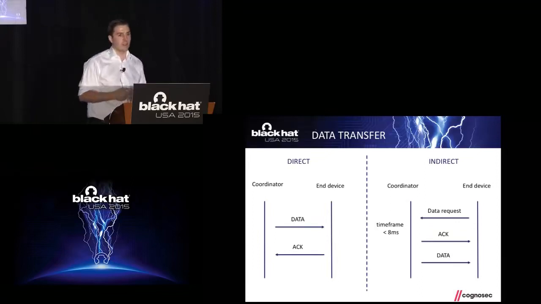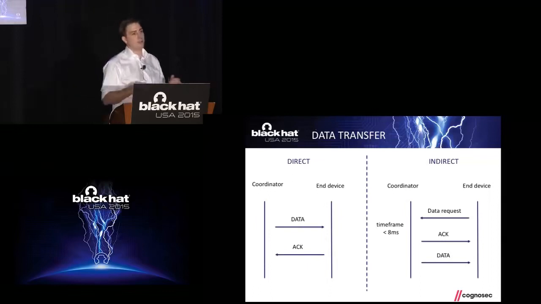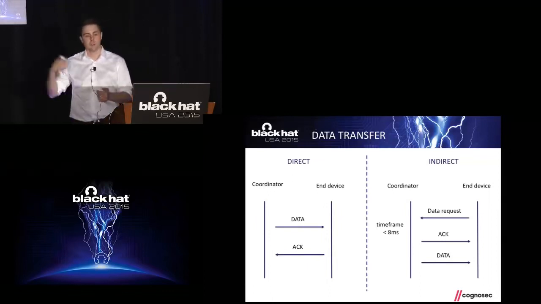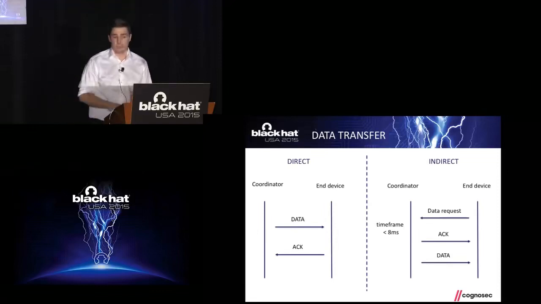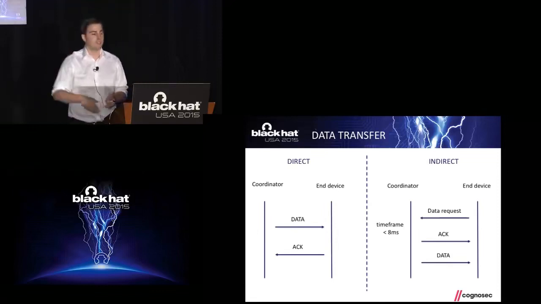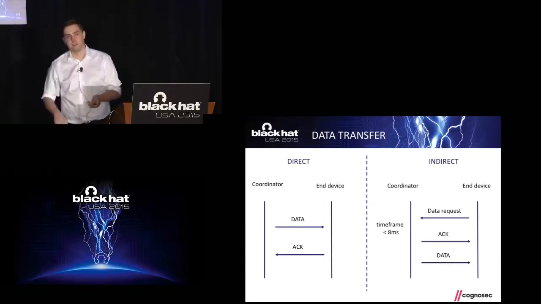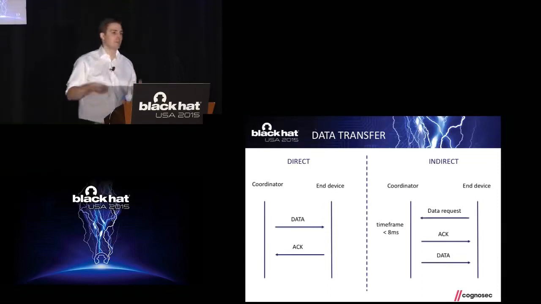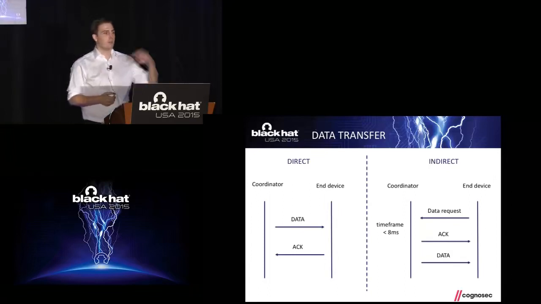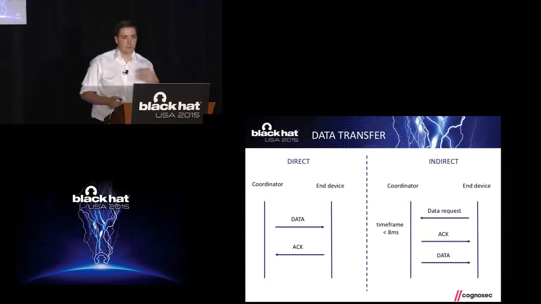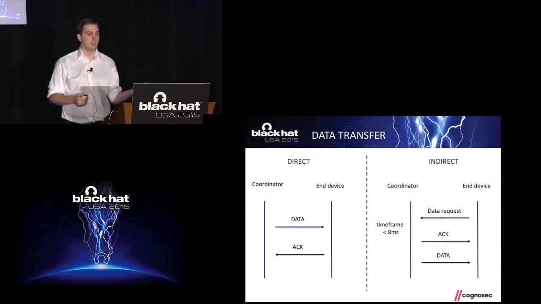The direct data transfer is for devices with power supply. So the receiver there is constantly on and looking for new packets addressed to them. So you can just send the packet and it's fine. Indirect is different because the receiver is sleeping most of the time and just sometimes wakes up and sends a data request to the hub and says, okay, is there a frame pending for me? Send it to me or not.